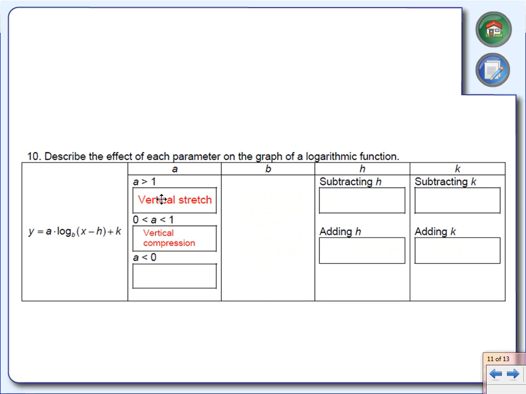Something less than 0. What does the negative sign do? Reflect over the x-axis. It's going to give us a reflection over the x-axis. So the same things that happen with our quadratics, our square roots, our absolute values, it's going to occur here as well. Now, as far as the b goes, our base,